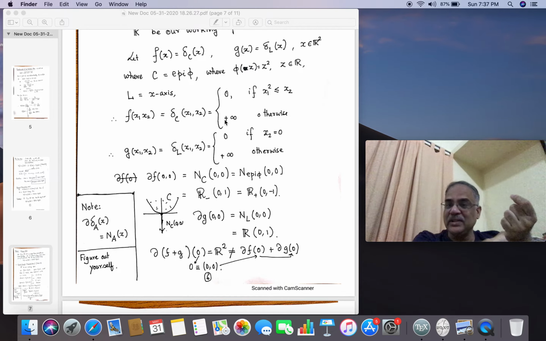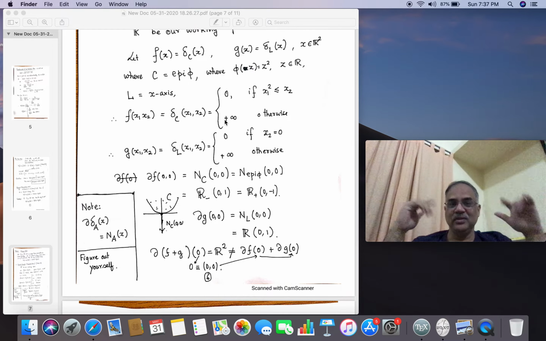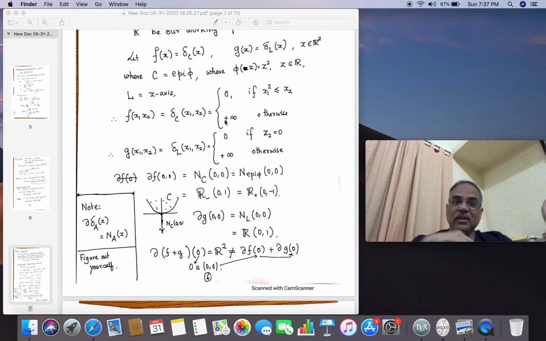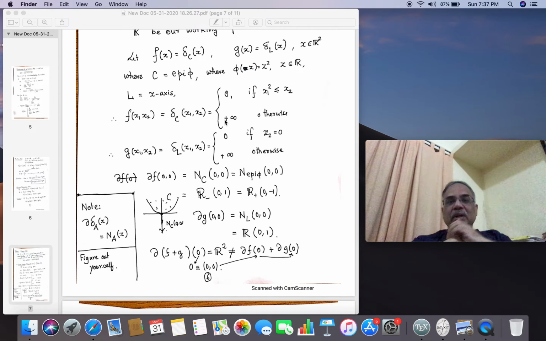It's just like the first example that we had studied. So it is infinity otherwise. So at that point del of (F plus G)(0) is R2, just like it was R in the example where we said that it was not compact and all those things. So here you see the compactness is broken also. But del F(0) plus del G(0) is different. I am not getting into the calculation, but telling you that such an example exists, that if any one of these conditions goes away, then this equality may not hold. So these conditions are important.